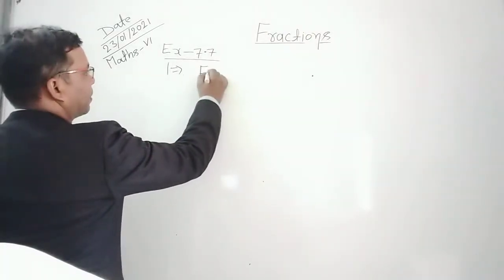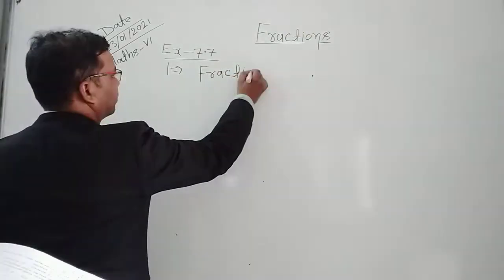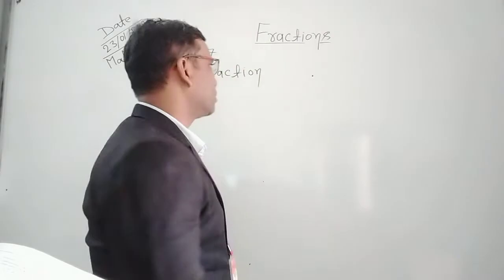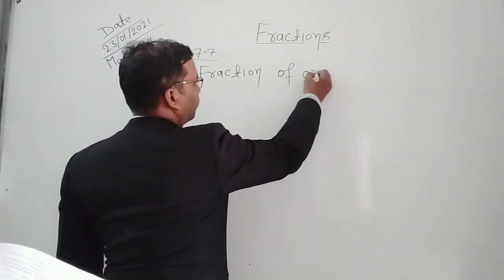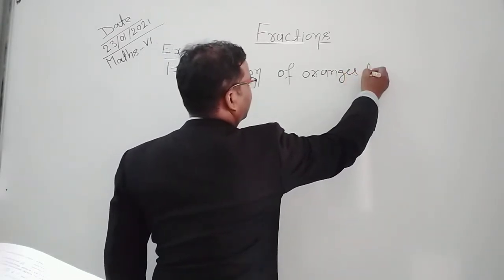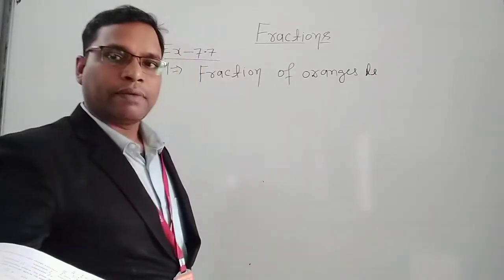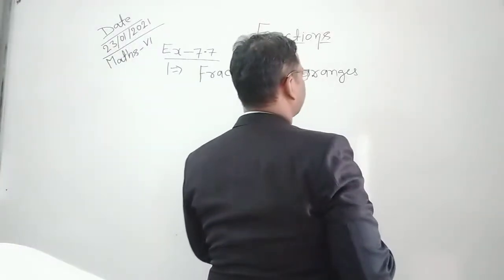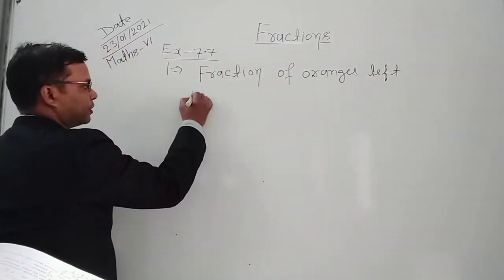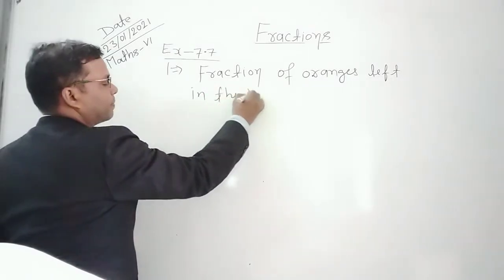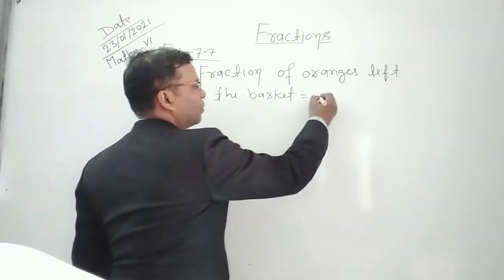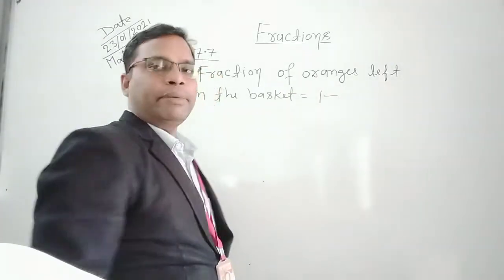Fraction of oranges left in the basket is equal to what? 1 minus 5 by 7 of the oranges